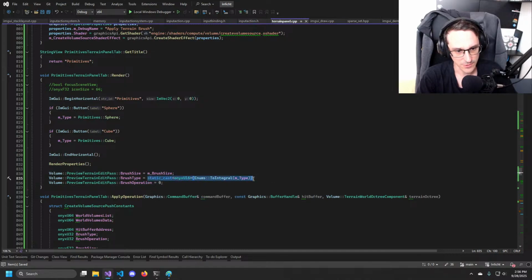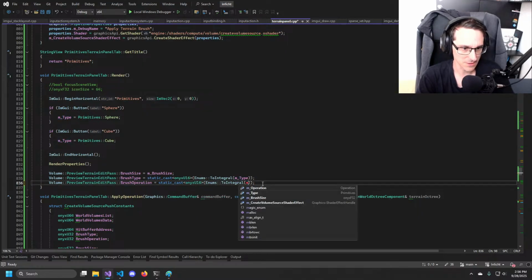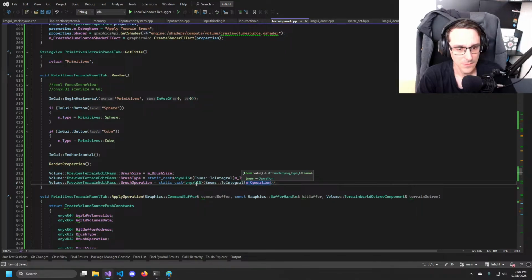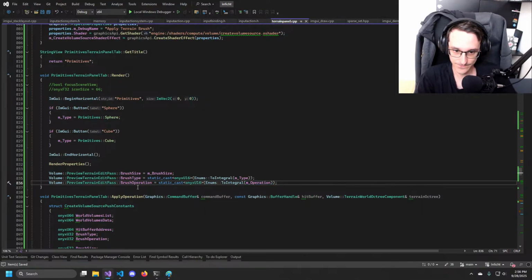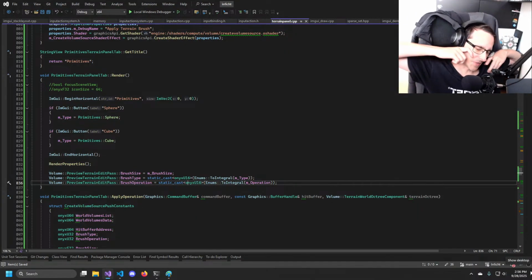And then brush operation, we do the same. Or that one we can actually most likely have as a set, like as an actual enum there. But maybe